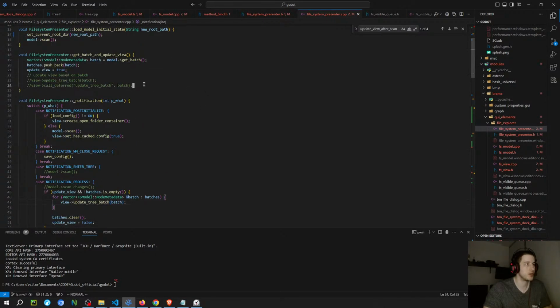The other way is to use a struct that inherits from the Object class, then use memnew to initialize it in the function that you use to load the data, which is now load data on the model. And the trade-off is that if you use the Object one, memnew allocates the memory on the heap, which means it's gonna take